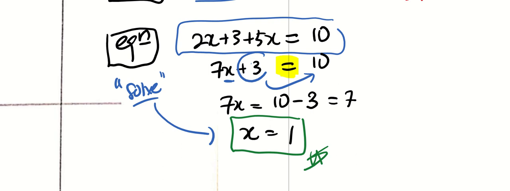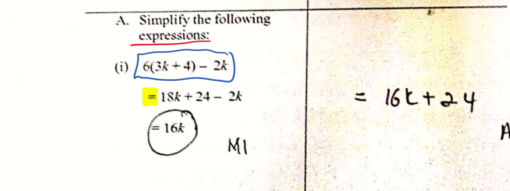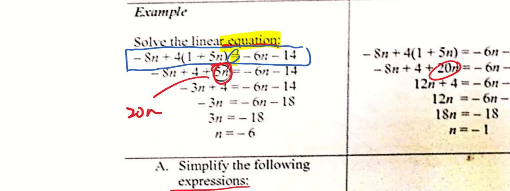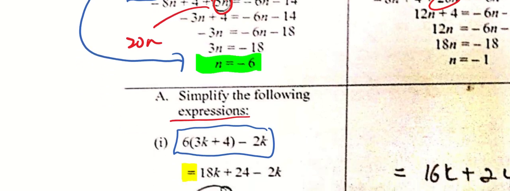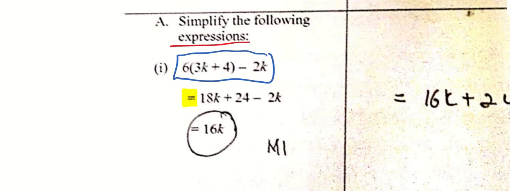Okay, if you understood, then let's carry on. So very clearly, in this example, it is an equation, and you see the prompt word solve. So at the end of the day, I'm expected to get a value of x out of the equation given. For the first question that you attempted, it is an expression. So you see the prompt word simplify, so you're just going to simplify and you get an expression at the end of the day.